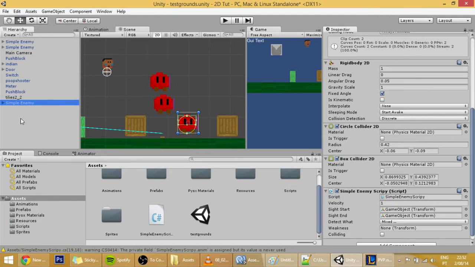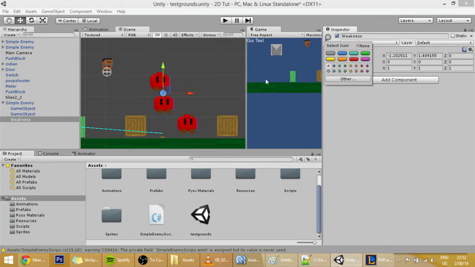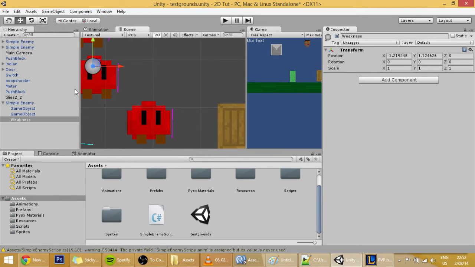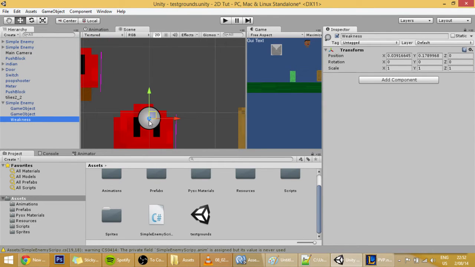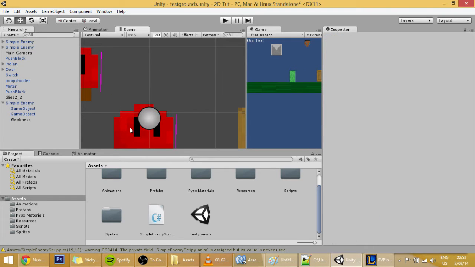In Unity we're going to create a new empty game object by pressing Ctrl+Shift+N, attach it to our enemy, name it weakness, and change its representation so that you can see it in the inspector. For this enemy, that point should be like here, so that from this height upward our enemy can die and will die.